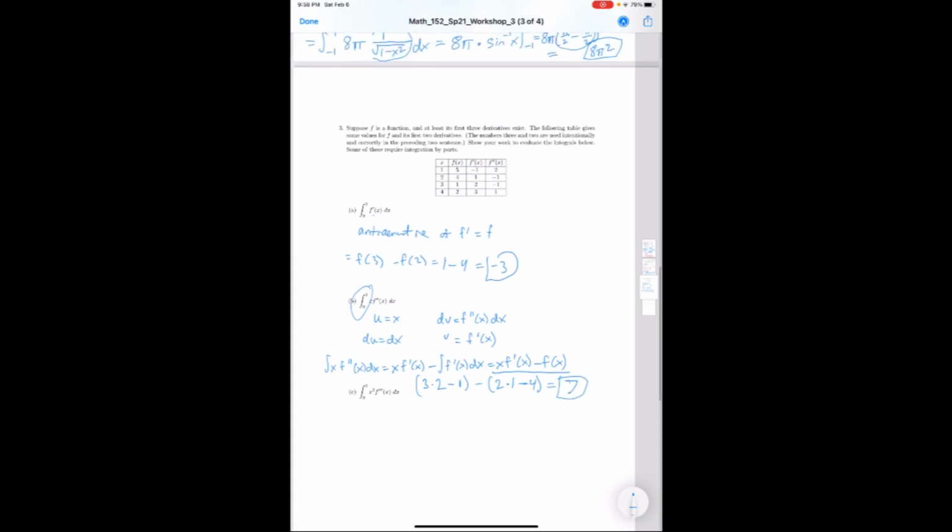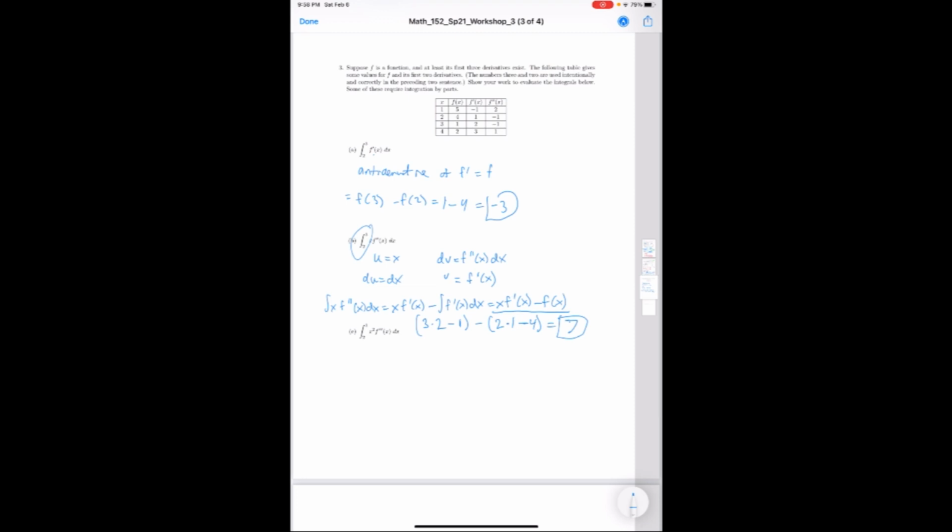And then I do a very similar process for c. I'm going to let u equal x squared, dv is equal to f triple prime of x dx. So v is equal to f double prime of x. du is equal to 2x dx. So that means that the integral of x squared f triple prime of x, the antiderivative, is going to be equal to x